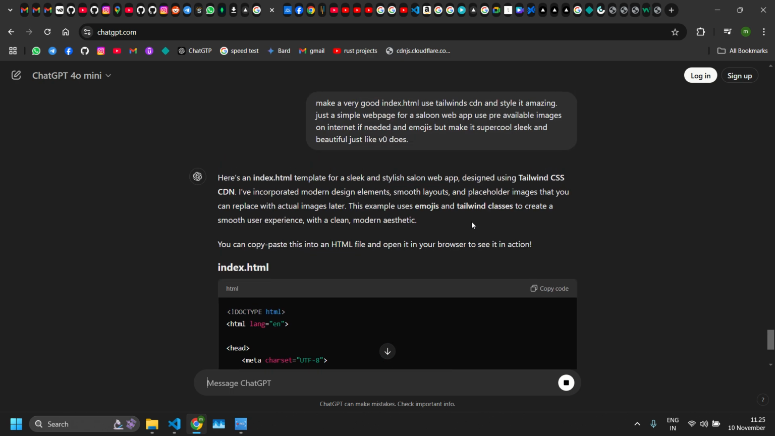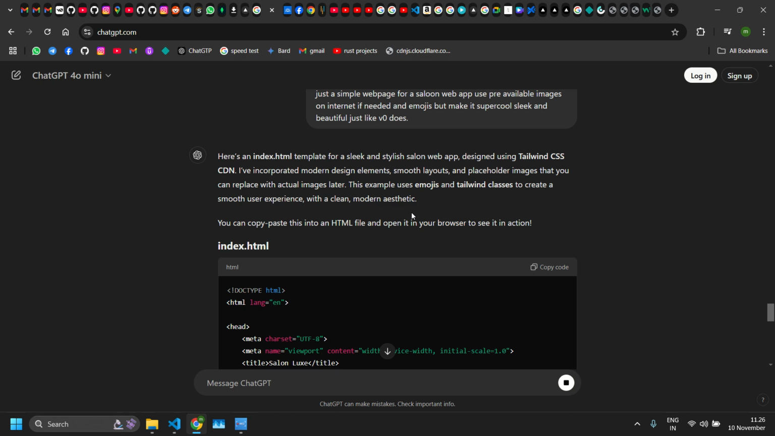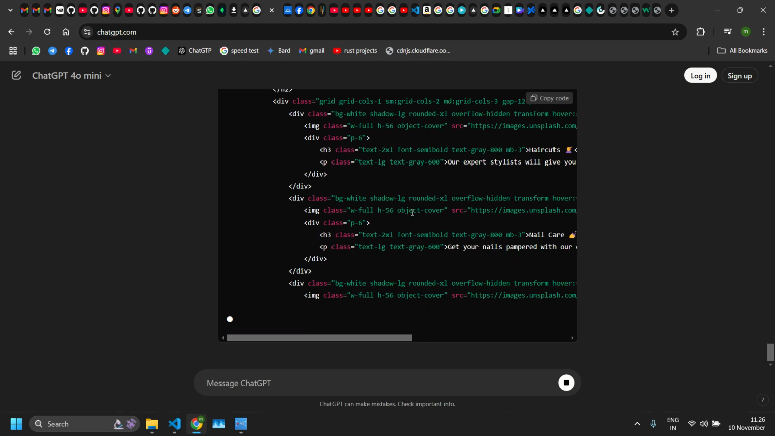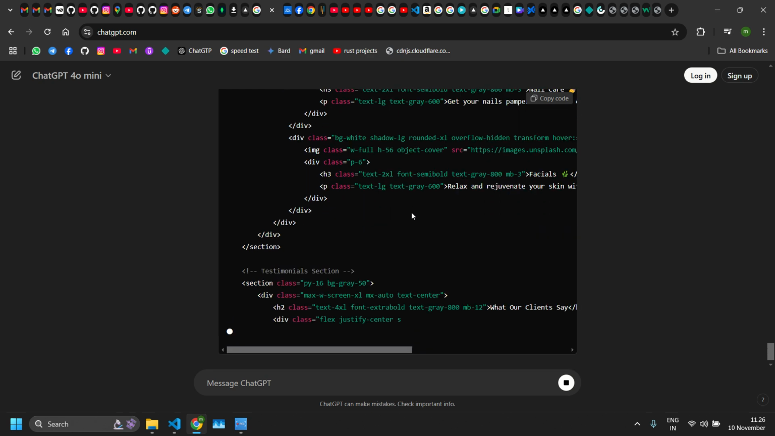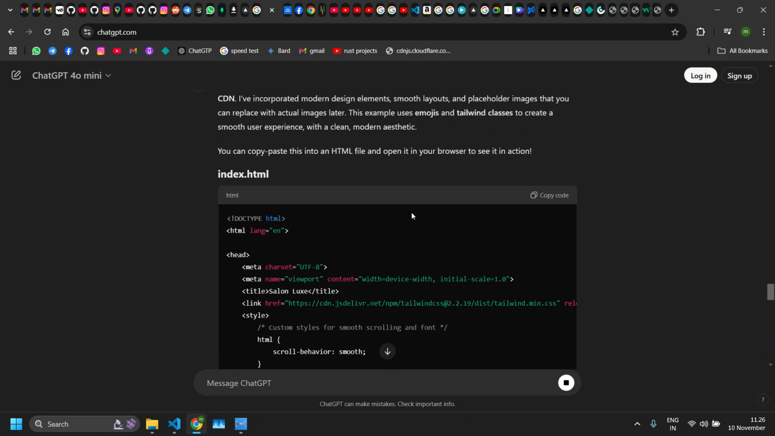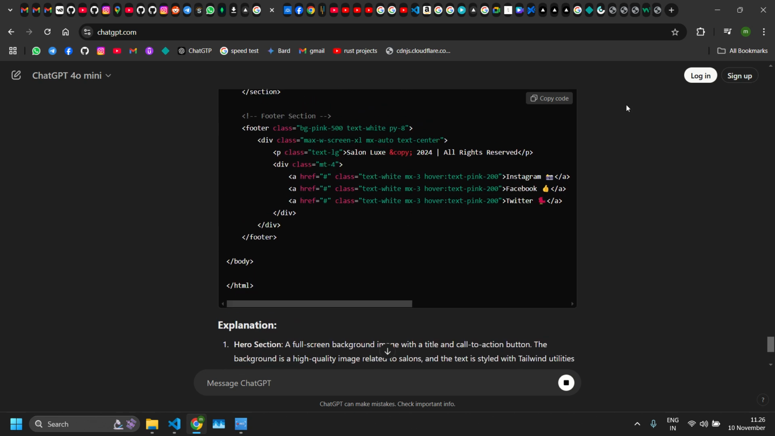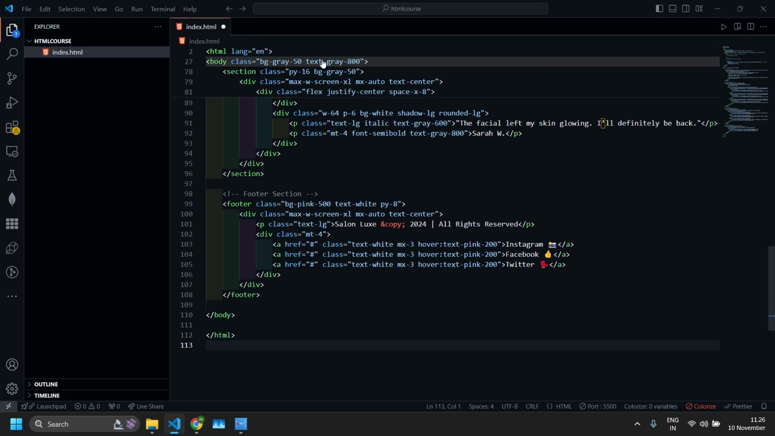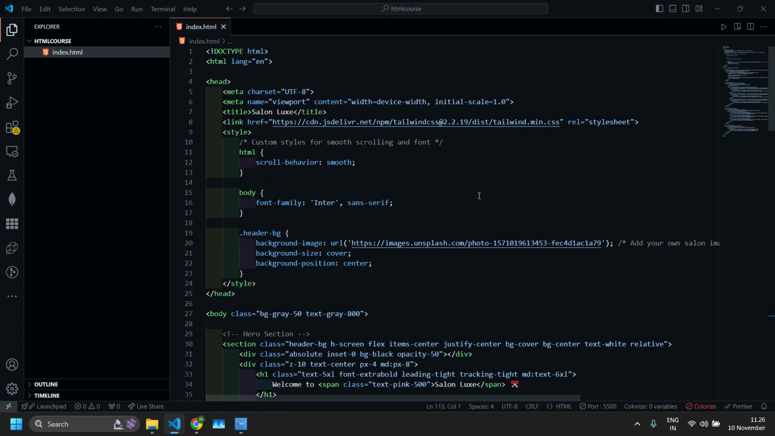Here is the index.html template for the sleek, stylish saloon web app. So basically it will give us the HTML code, and now what we can do is, we are getting so much code. Oh, where is this all coming from? So now I will show you, this is kind of reverse engineering. You don't need to follow along the courses for hours and hours and hours. Yeah, we got the code, we just copy it, we paste it here. Now, like I said, I will put the link of this file